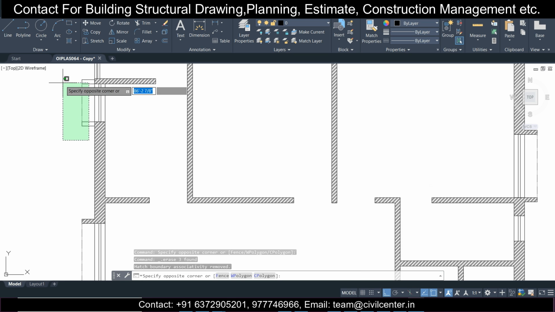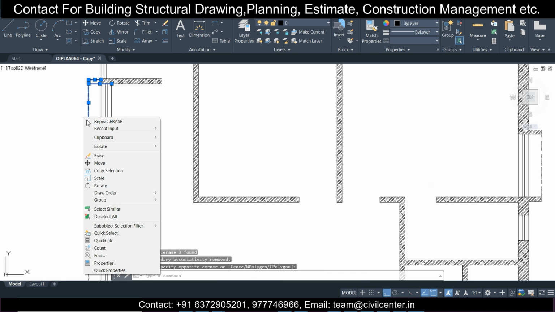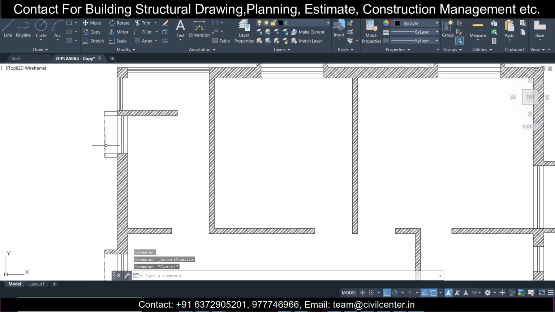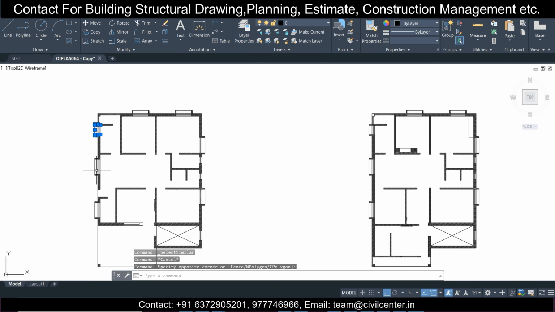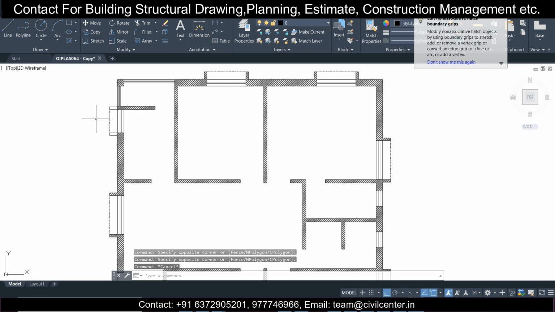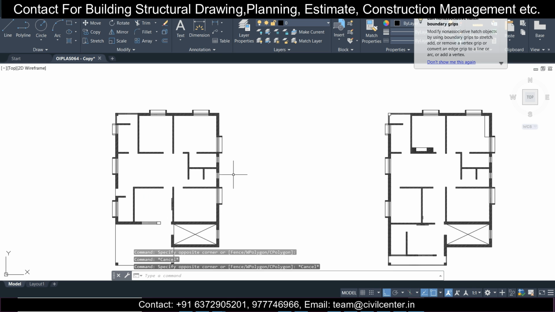the other small windows and all. Let's see if we can select similar for this. No, cannot do this. Okay, we'll keep this. That's not troubling us. This portion we'll keep, so no worries.